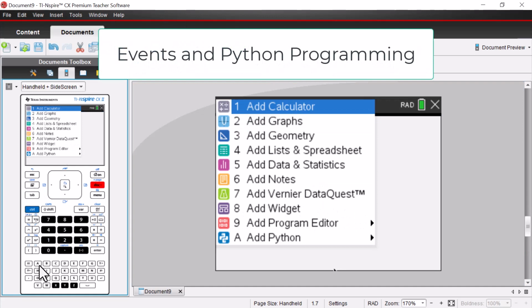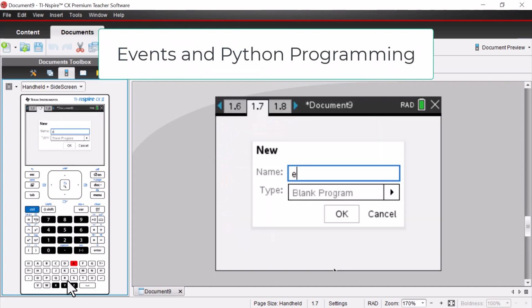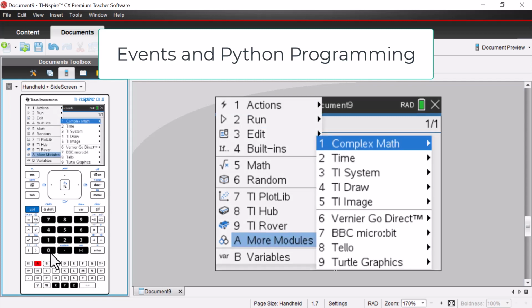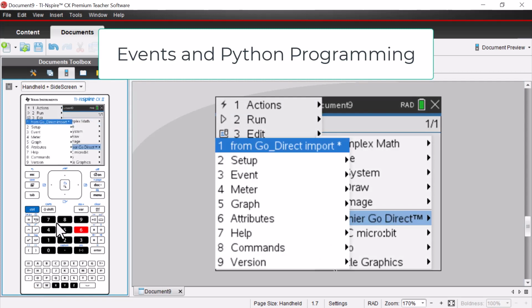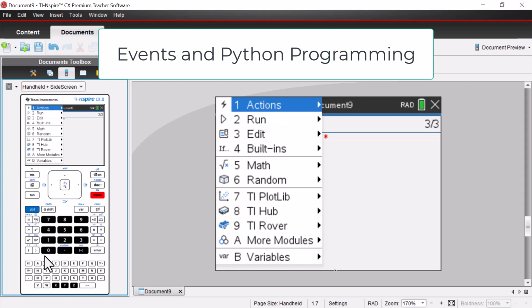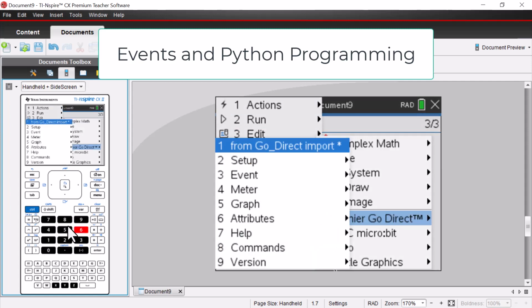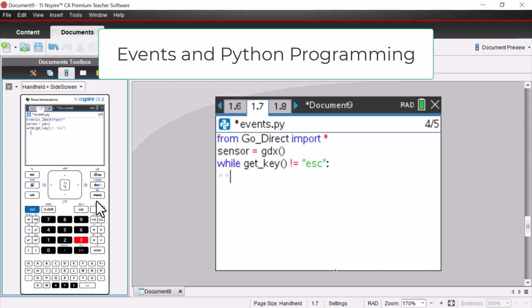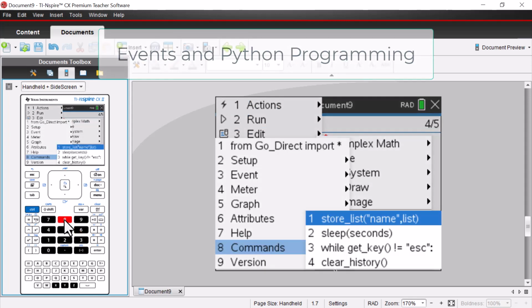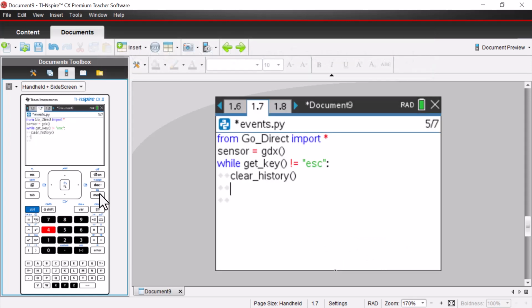Now let's explore the most powerful aspect of the module, and that is actually using the sensor data in a Python program. To do this, we'll use the Events and Attributes menu under the Go Direct module. Let's open a new program, and we're going to write a program